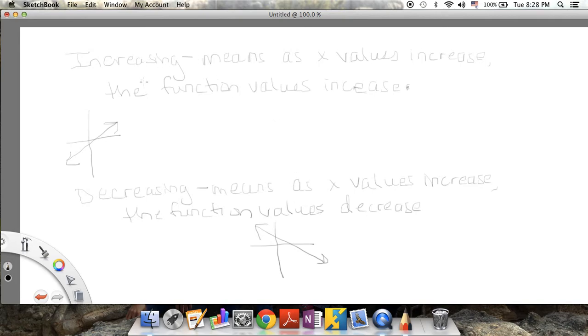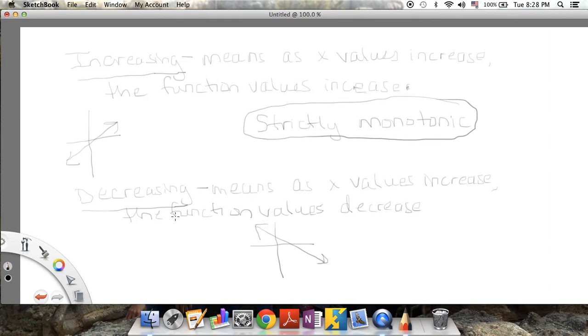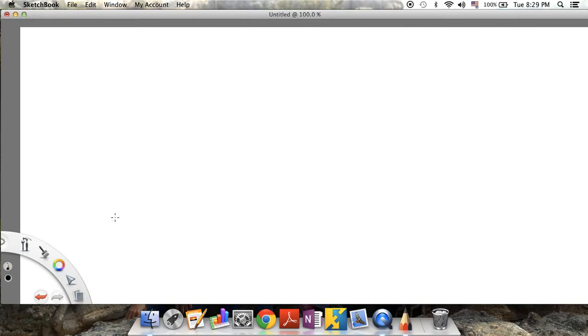If a function is increasing or decreasing all the way for its whole range and its whole domain, it's called strictly monotonic. So an increasing function is strictly monotonic, and a decreasing function is strictly monotonic. Now, sometimes it's not strictly monotonic. It doesn't stay the same the whole time. Sometimes we have a function and it is simply non-decreasing. A non-decreasing function means that it's either increasing